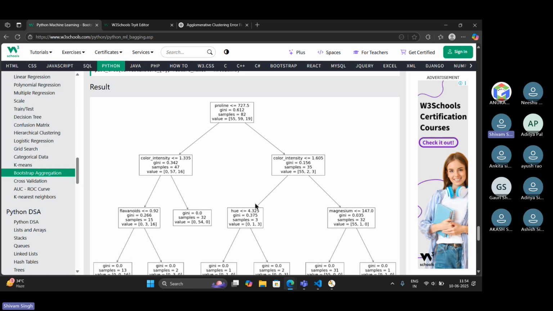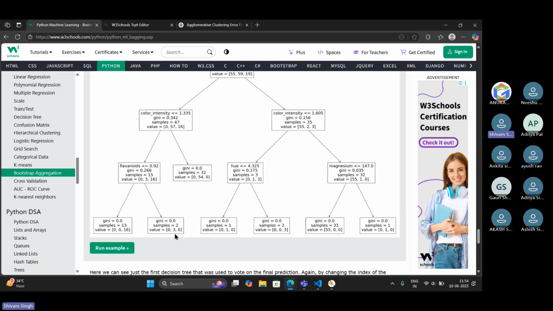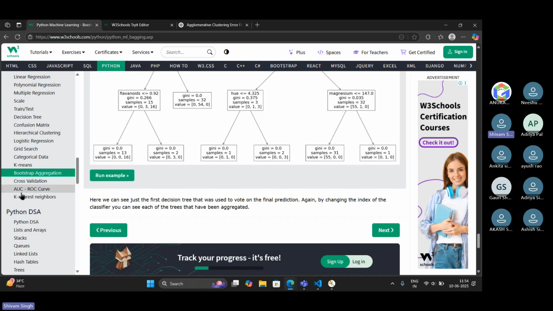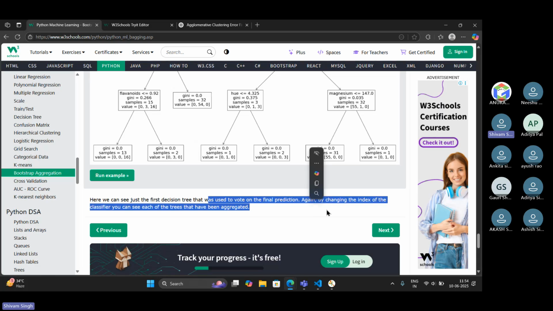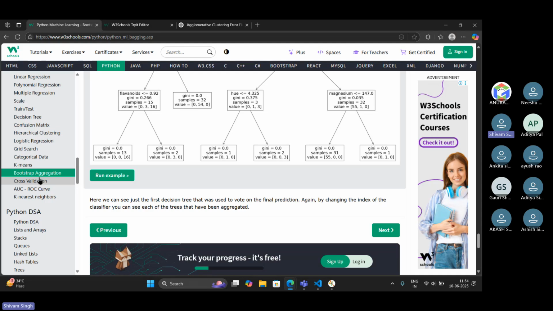This is the output we have got to see here. So here we can see the first decision tree that was used to vote on the final prediction. Again, by checking the index of the classifier, we can see each of the trees that have been aggregated.